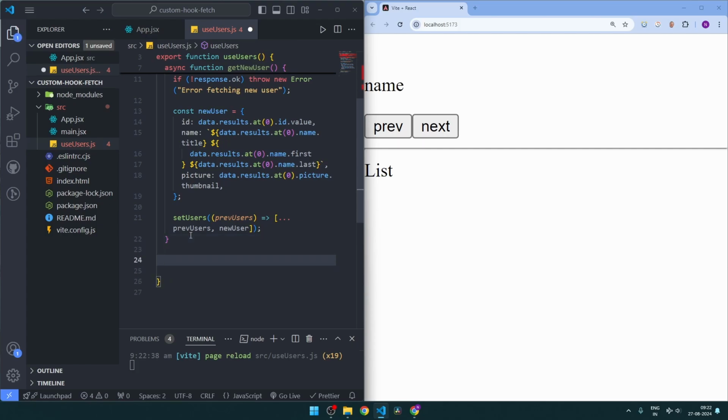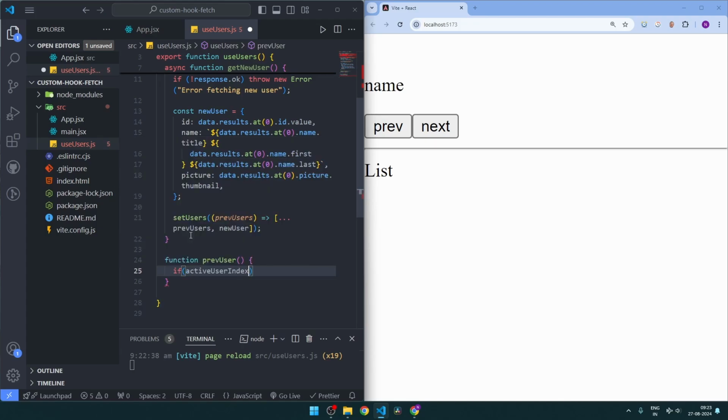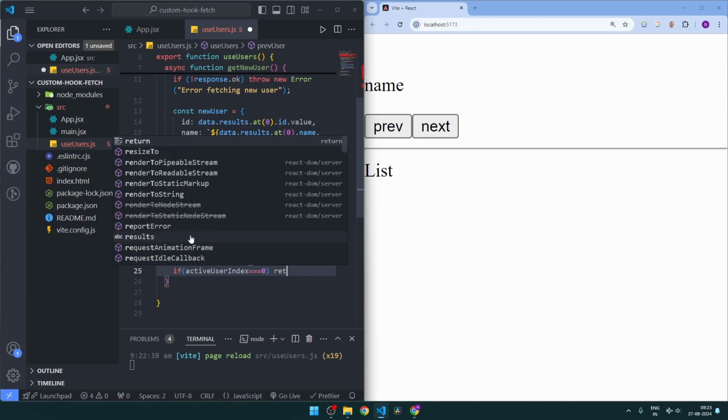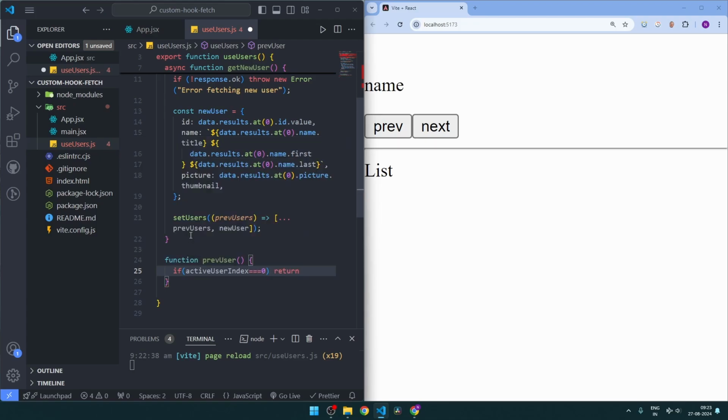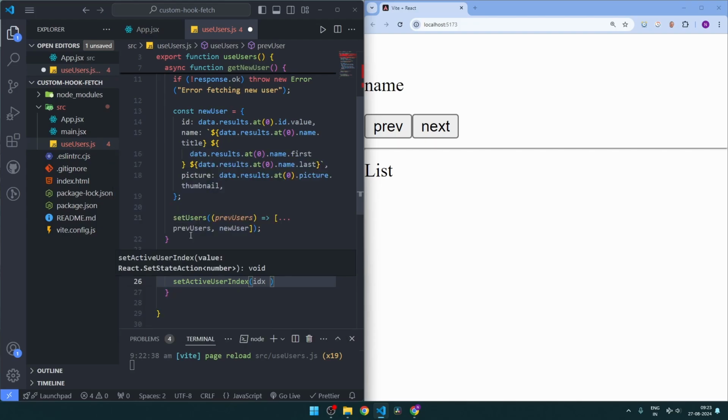So this would be function previousUser. If activeUserIndex equals 0, then return. If the active user is 0, then we don't want to do anything. Or else we want to set activeUserIndex to index